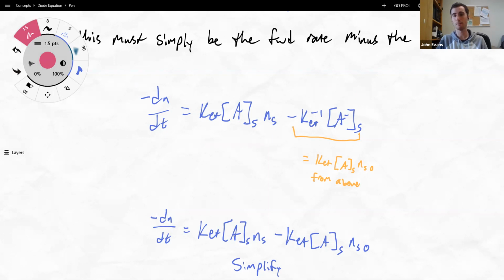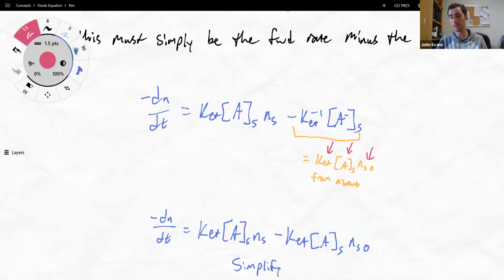And that's our expression. But we have seen this expression before. And if we assume that this doesn't change very much with time, which it typically doesn't, we can use our equilibrium expression. And we can set that equal to the forward reaction rate constant times the concentration of A at the surface